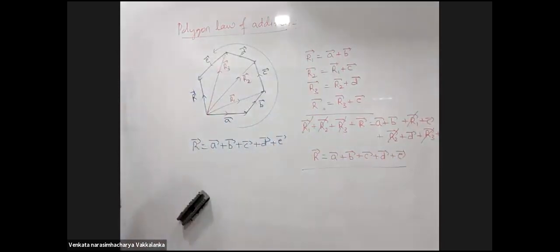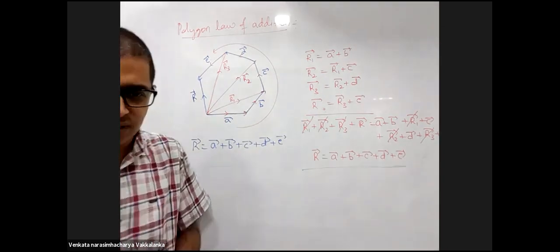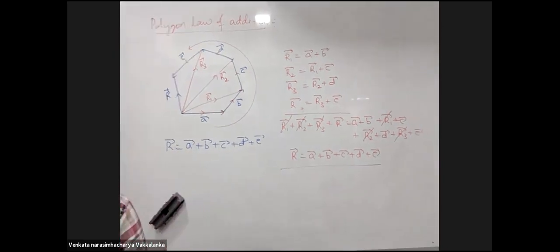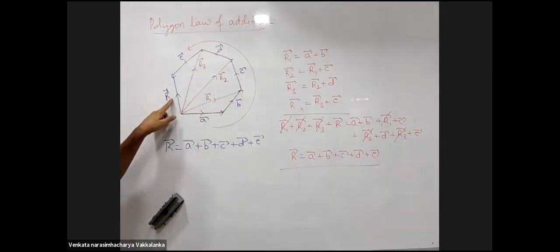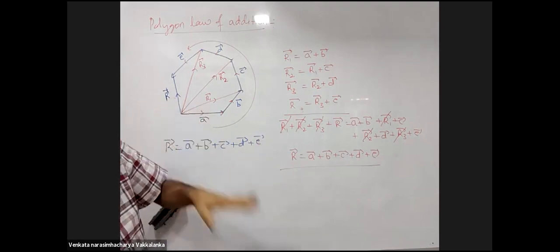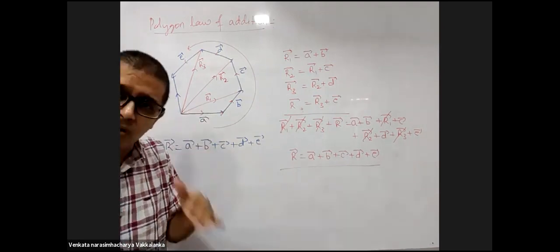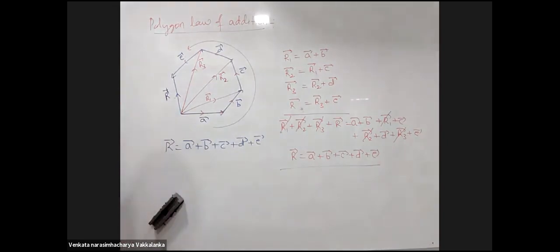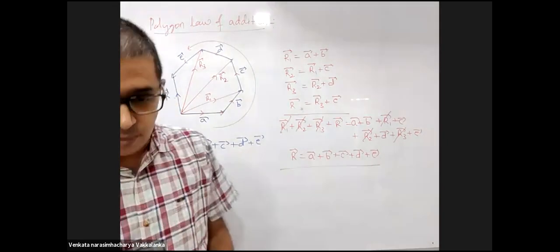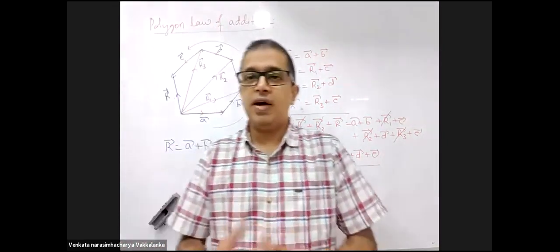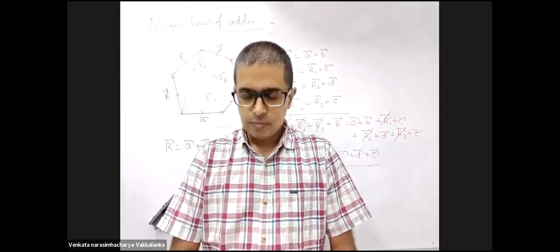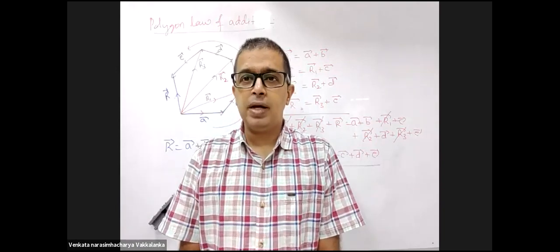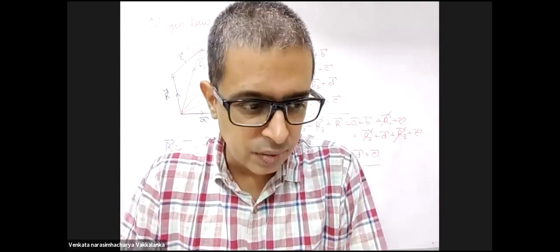If n vectors are represented as n sides of a polygon taken in one order, the closing side of the polygon taken in the reverse order is the resultant. It is nothing but a consequence of the triangle law. First, write down the statement. Polygon law statement, write it. If n vectors